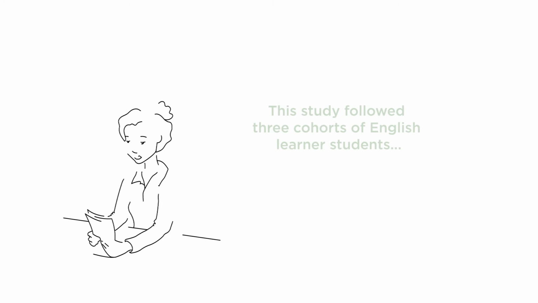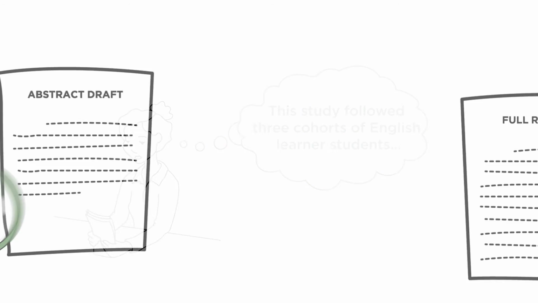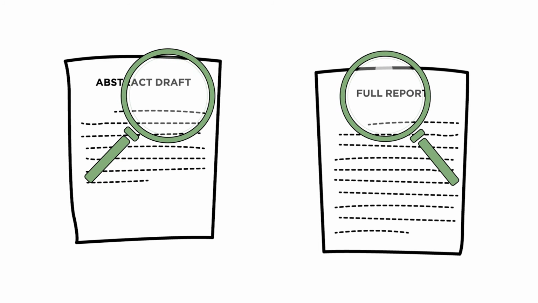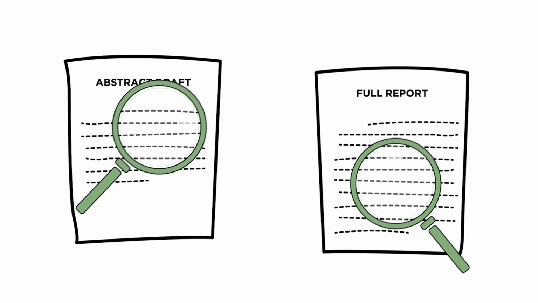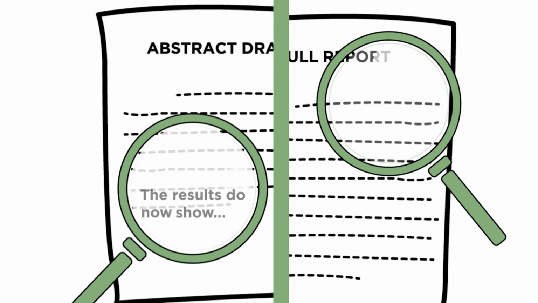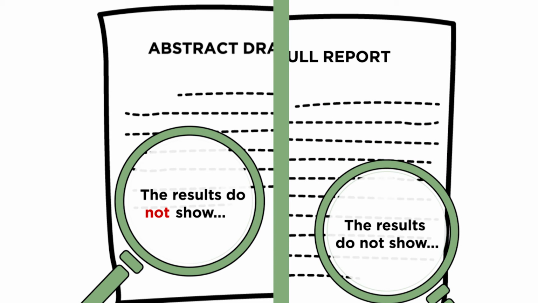Then, read the abstract to yourself. Would you know what this work was about and the significance of it from the abstract? Finally, review and carefully proofread the draft for typos and grammar errors. Remember, spell check programs will not catch all misspellings, and ERIC does not proofread abstracts. For example, it would be misleading for the abstract to say, "The results do now show," when the document says, "The results do not show."